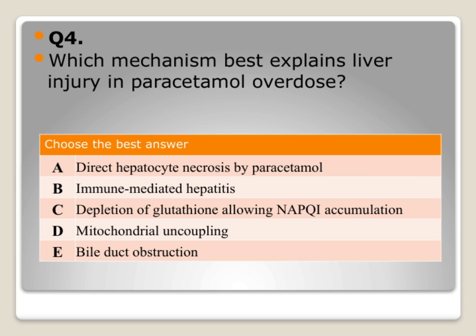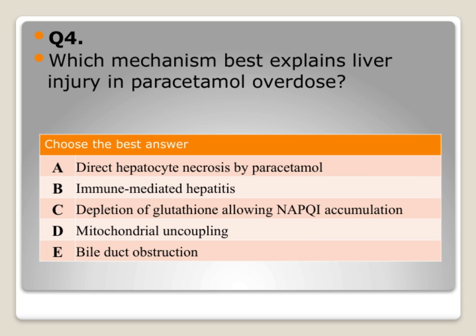Option C refers to depletion of glutathione allowing NAPQI accumulation. Now, this is central to our understanding. When paracetamol is metabolized in the liver, a small fraction converts to NAPQI, a toxic metabolite. Under normal circumstances, glutathione neutralizes NAPQI, but in overdose situations, glutathione stores are depleted, leading to NAPQI accumulation and subsequent